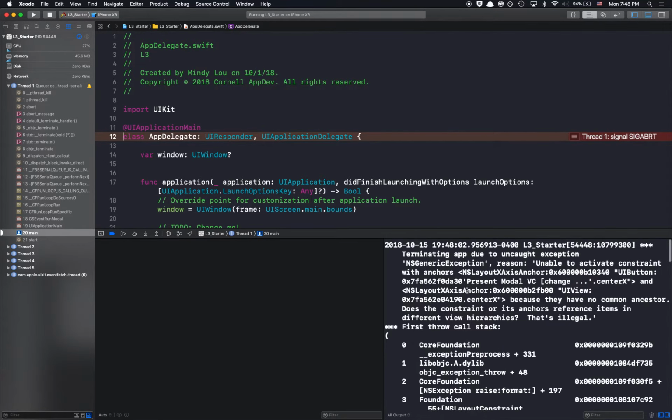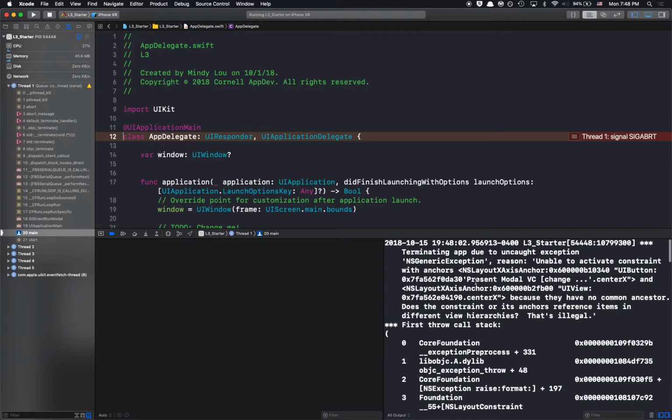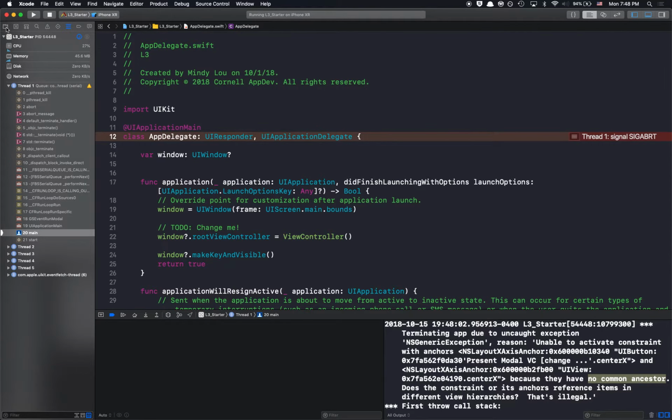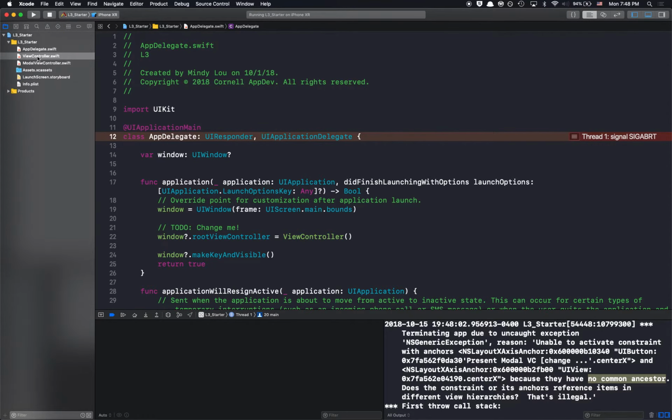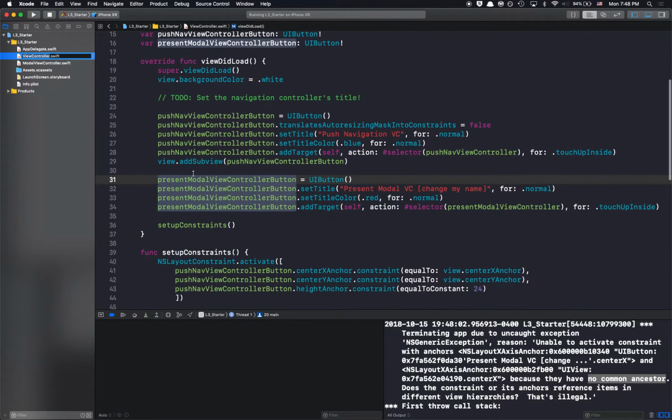Okay, so it says, terminating app due to uncaught exception, unable to activate constraint with anchors NSLayoutXAxisAnchor and this x-axis anchor, because they have no common ancestor. So no common ancestor means that these two views don't share the same parent view. So that probably means I'm missing something in initializing